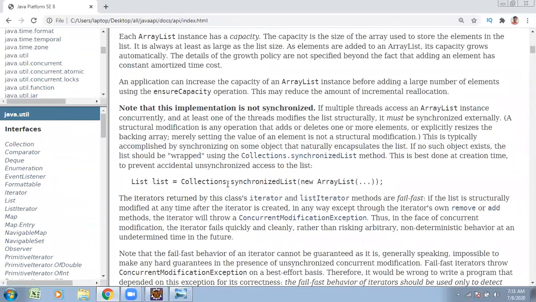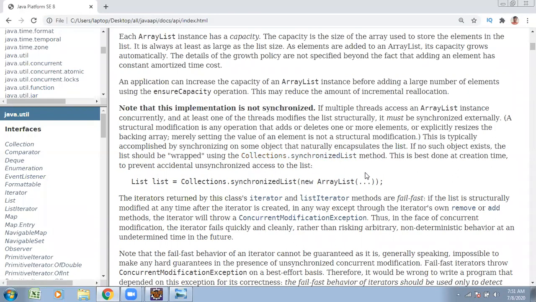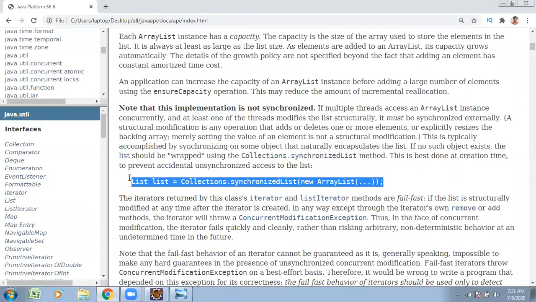Observe here once: it does not support synchronization. So synchronization is not there, and there is a possibility for data inconsistency. To overcome that, we make it externally synchronizable.